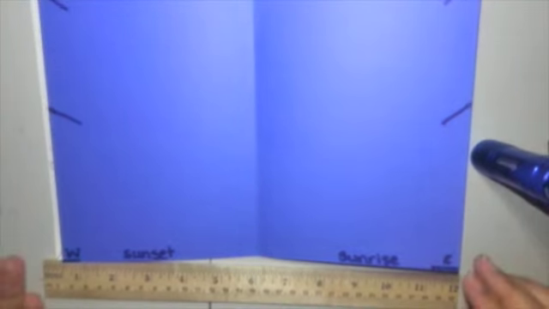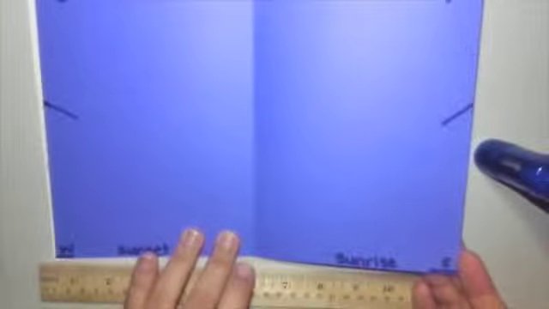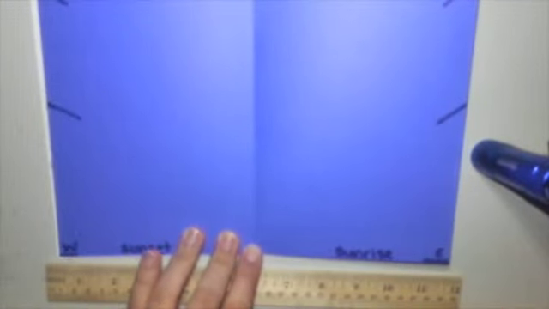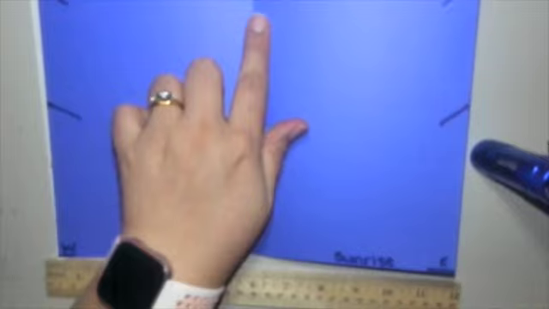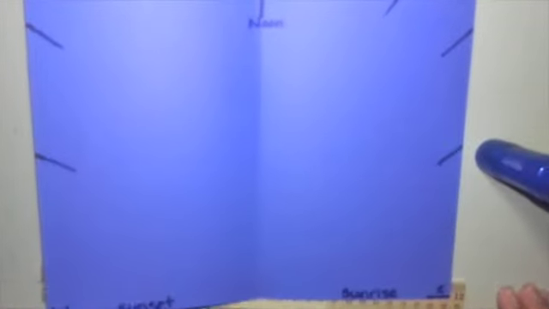What I did before is I folded my paper in half so that I could label it. I wanted to label the east and the west because I know that the sun rises in the east and it sets in the west. I labeled straight up ahead as noon. And then I put some other markers on here to indicate where I'm going to be measuring my shadow from,